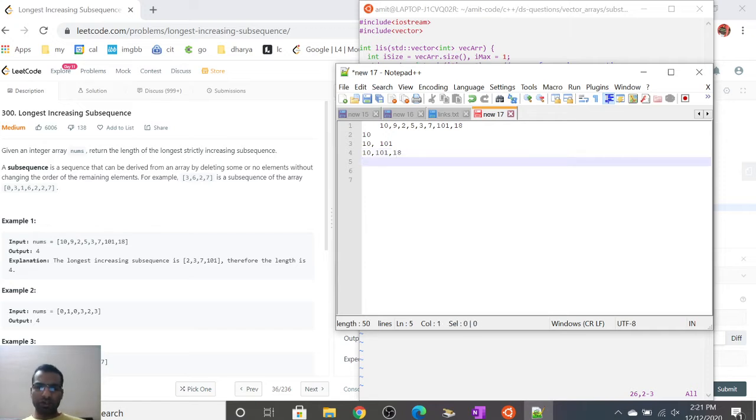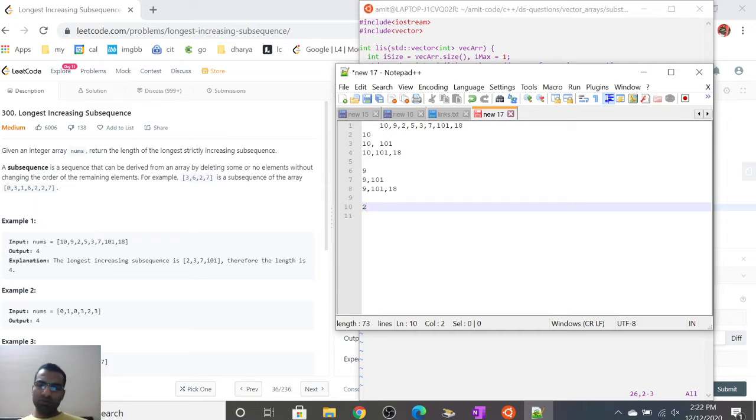Now let's move on to index i equal to 1. At index i equal to 1 we'll have 9 as the first subsequence. Nothing else can come here because the rest is all decreasing. Then we'll have 9, 101 as another subsequence, then 9, 101 and 18, and so on. For index i equal to 2 it's interesting.